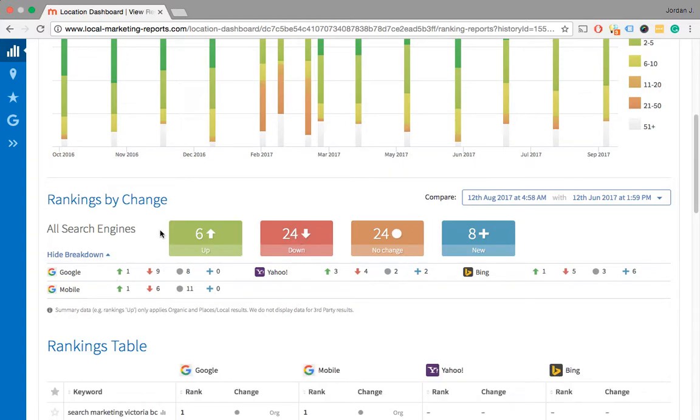So in the time period of June 12th to August 12th, we've had within Google 1 search term go up, 9 go down, 8 stay put, and no new ones come in. And we can see what we look like within Yahoo, Bing, and Google Mobile. This just shows what all the search engines and the results have looked like in that